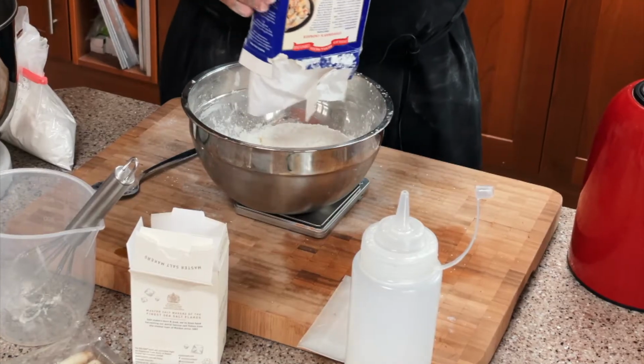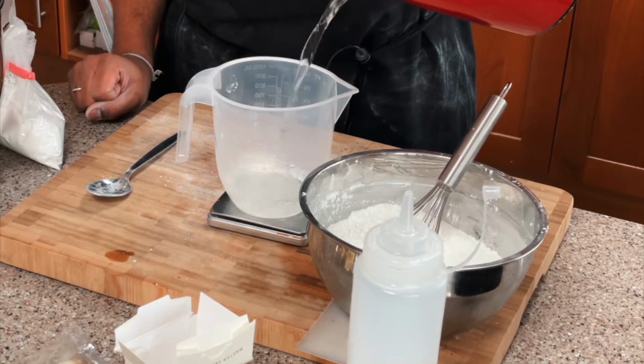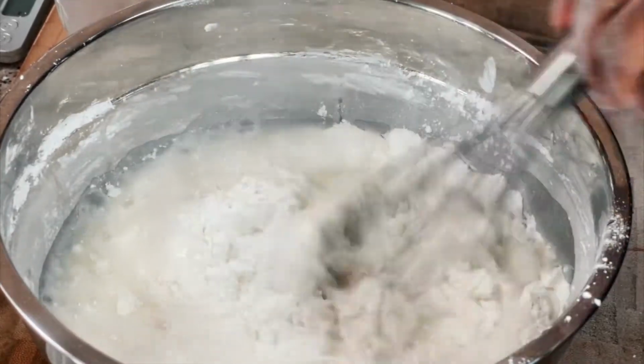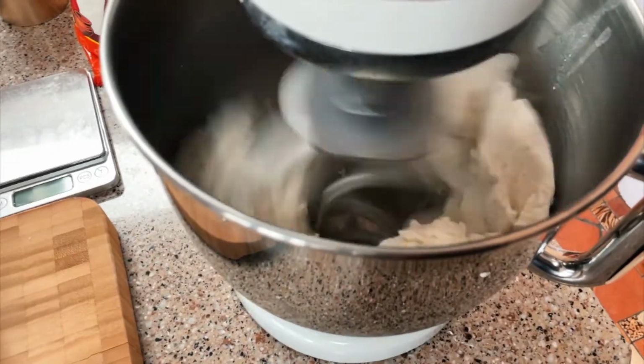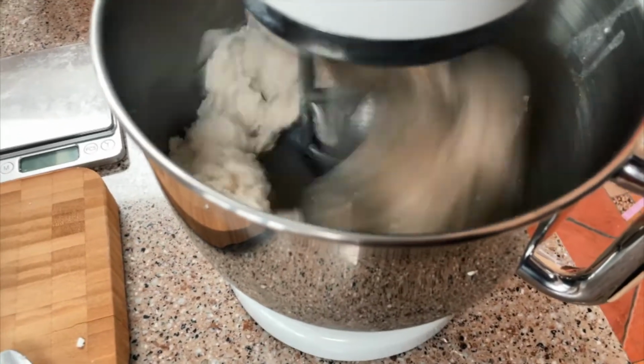So first what I'm going to do is weigh out my rice flour, my corn flour, my boiling water, and then I'm just gonna mix that with a whisk gently just so everything's all combined. It does say that we need to knead the dough for 8 to 10 minutes, and I don't really fancy kneading today, so I'm just gonna whack it in my stand mixer I've got here off to the side. Let that whiz up for around 10 minutes. Hopefully we have a very smooth dough which we can put into this